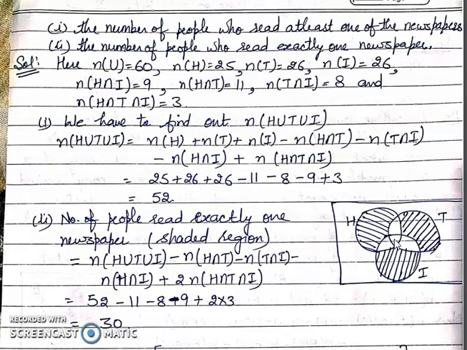Now when we subtract these intersections, as in the last question, we subtract this common portion 3 times because this portion is included in H intersection T, T intersection I and H intersection I, but we have to subtract it only once. So we added it